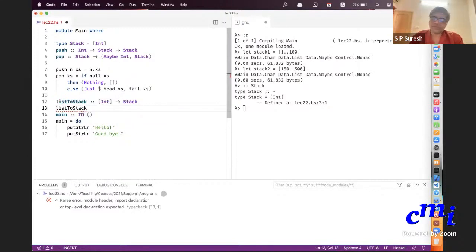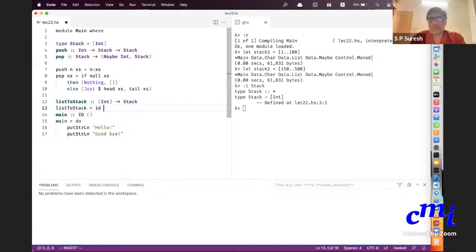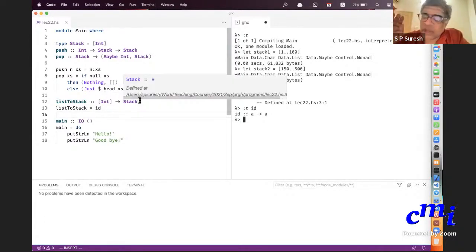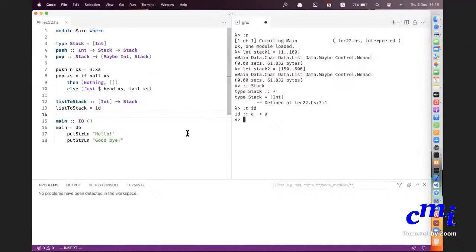But what is the functionality itself? id. And you see that it type checks. Remember, what is the type of id? It is a arrow a, so both have to be the same types. So Haskell automatically recognizes that list of Int and Stack are two names of the same type. Is this clear? Yes, sir.